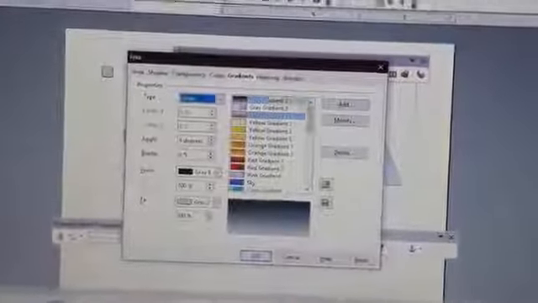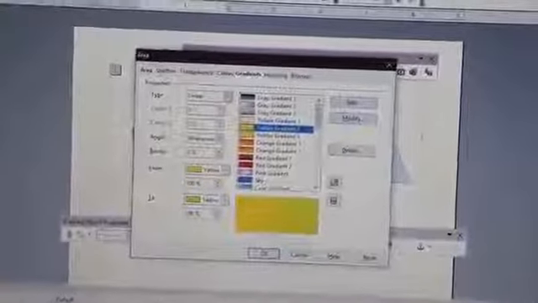Okay, then shadow. If you want to make a shadow of the image, you can make it. Use shadow, tick the checkbox, then choose the color. Whatever color you like, you can give to make a shadow. Which point you want to make, this side or right side, left corner, top corner, whatever corner you can change. You can see the preview now. So what color do you want to give? For example, I gave blue. So I want to change to some other color, say red. For gradient, if you want to apply some gradient fill, you can give. Then click OK. See, the blue color is called the shadow.